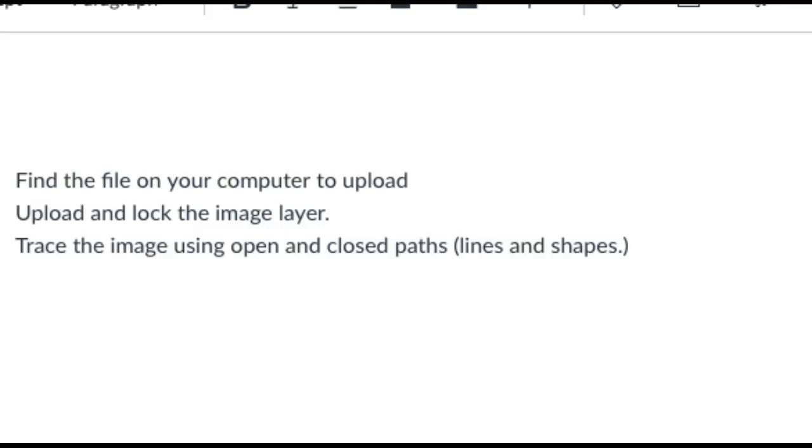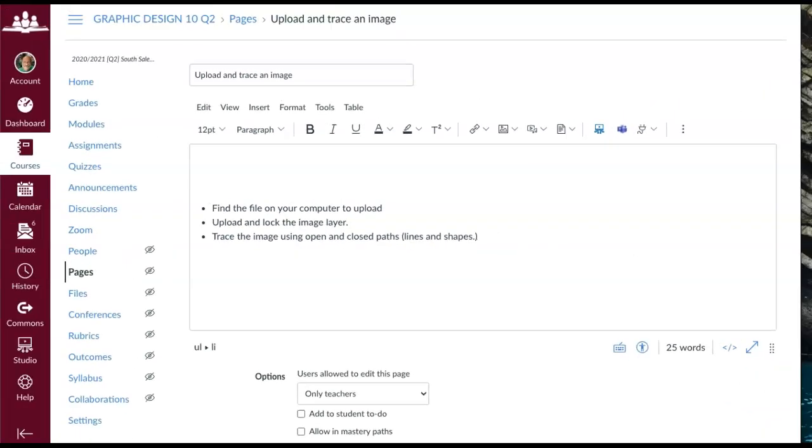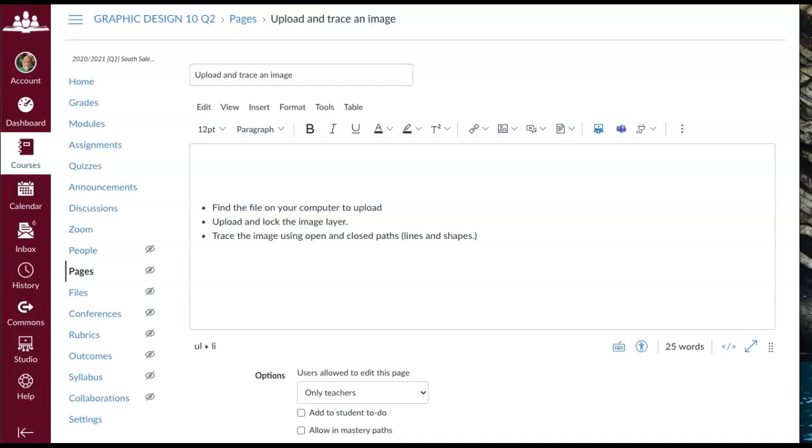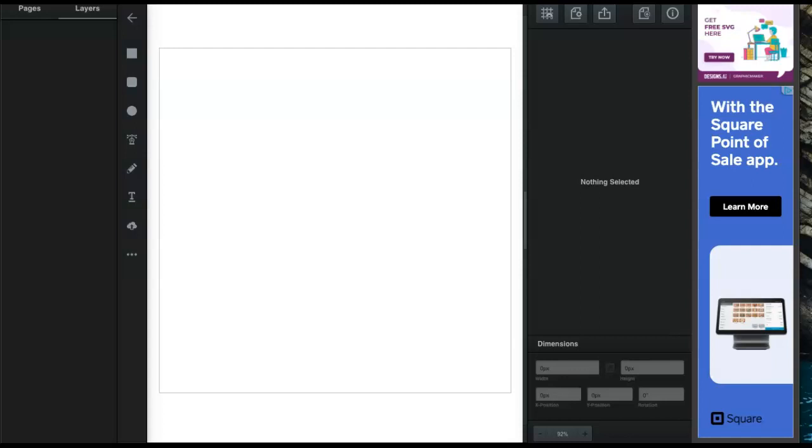This tutorial is going to show you how to find a file on your computer, upload it to vector.com and lock it, and then trace it using open and closed paths. Remember, open paths are considered lines and closed paths are considered shapes. So we need to create a new